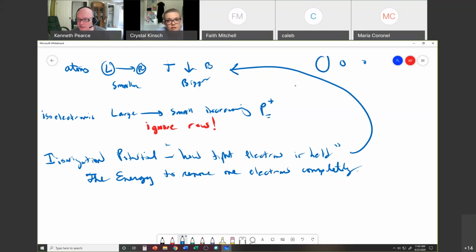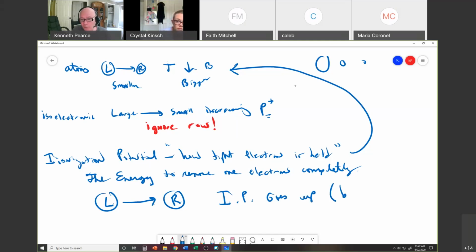Because it's being pulled in tighter. And if you're holding on tightly, then it's going to take more energy. So for ionization potential, as you go left to right, just like the diameter decreases, the radius decreases. Since it gets smaller, then it's going to take more energy, and so the IP goes up,